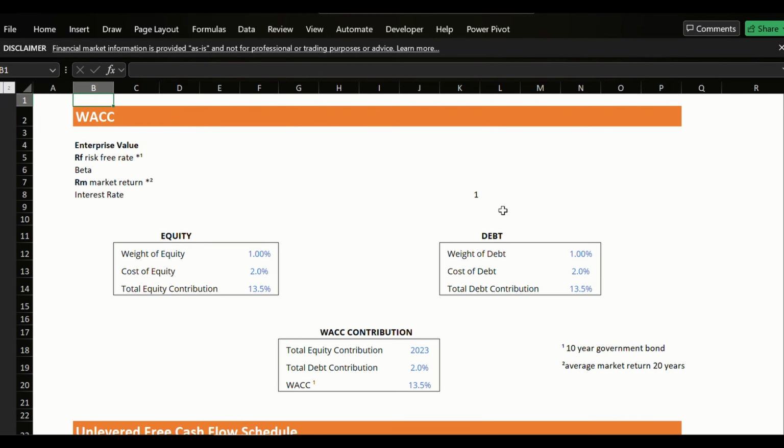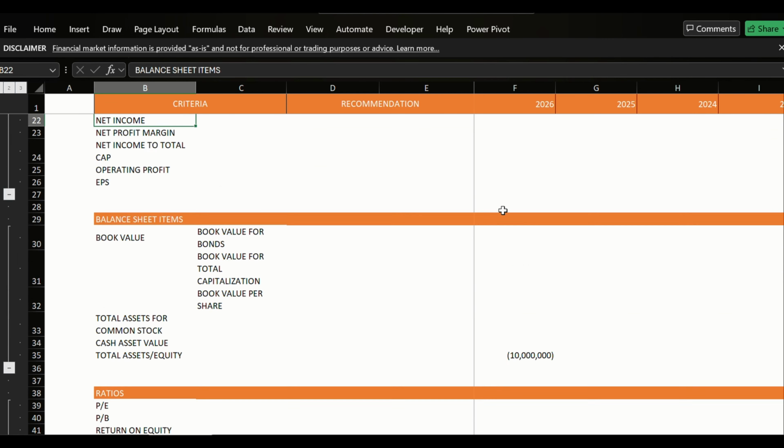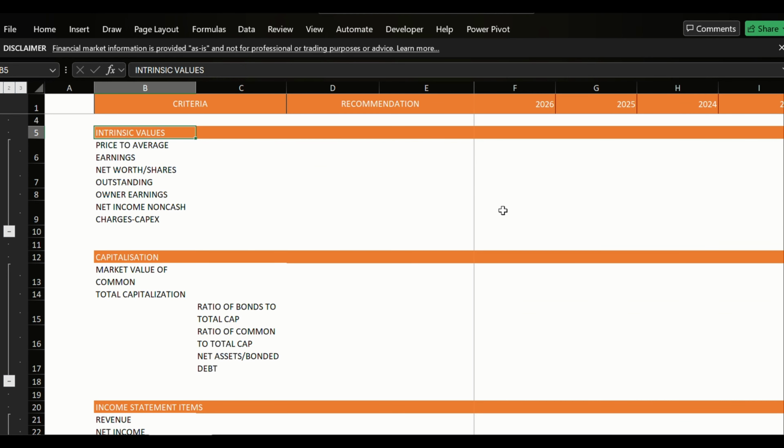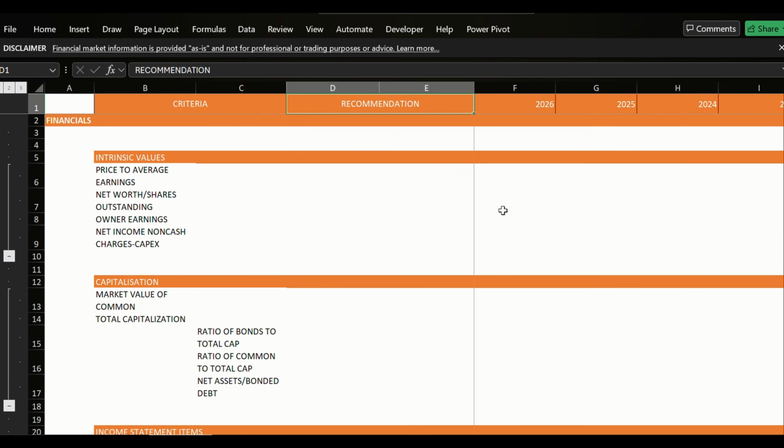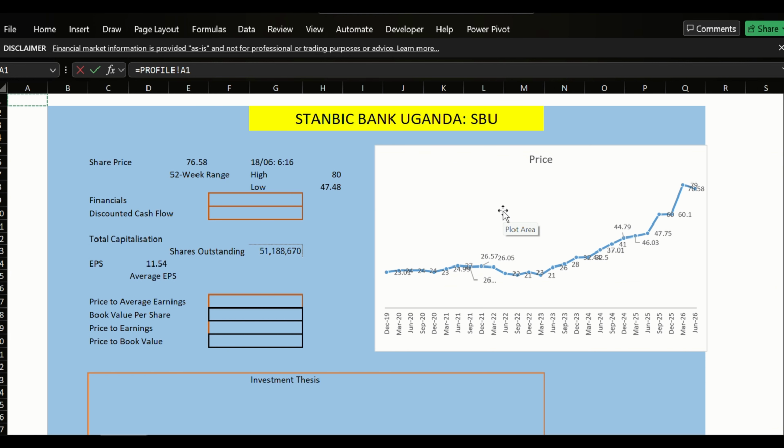So just for the sake of time, let's start on the income statements, the financial stub here. So this will be simple. Price to average earnings, what's the price